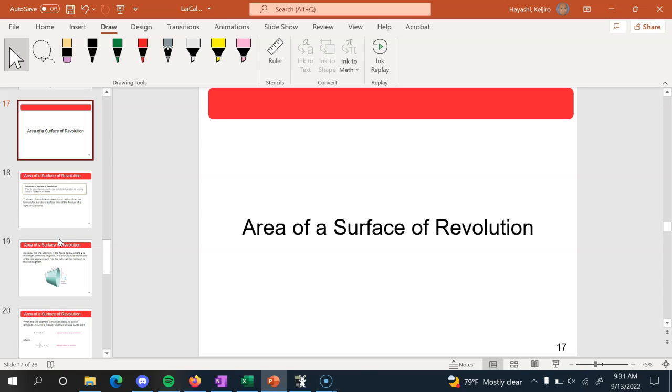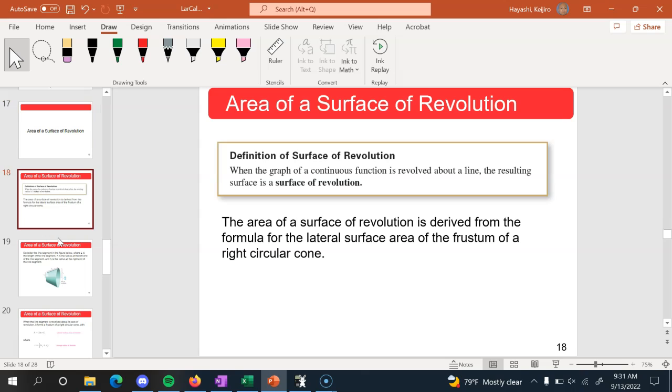Now, the last thing that we're going to talk about is the area of a surface of revolution, which admittedly is a little less important. Okay. So if you were to take a curve, not a region, right? If you took a region and you rotated it around an axis in space, you would end up with a volume, which you sort of have been ending up with this whole time. But if you take a curve